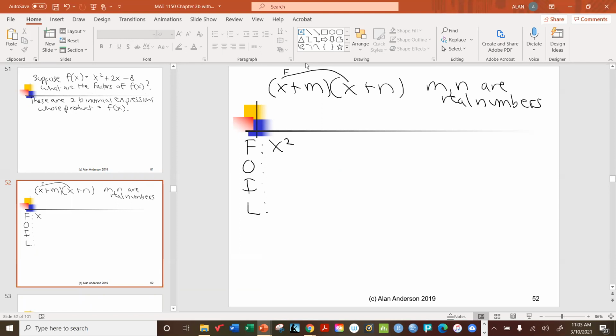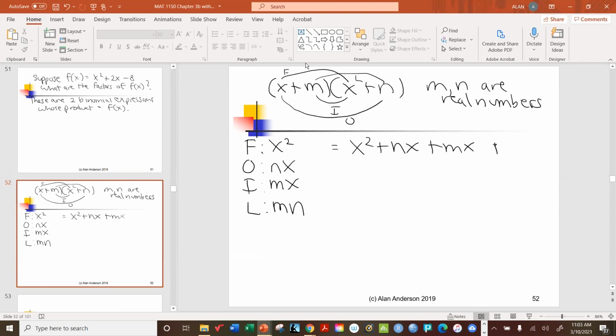That's x squared. Here's n times x. That's O, or outer. I, or inner, is mx. And then last are these two. So this product is x squared plus nx plus mx plus mn, or more simply,